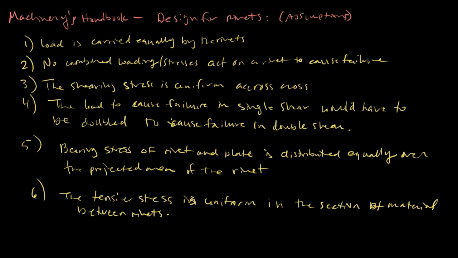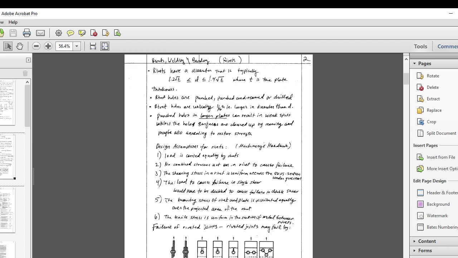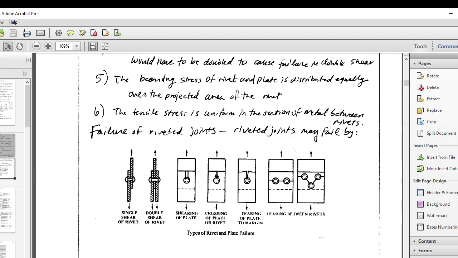All right, so I'm going to take a look at the failure modes for rivets. And the failure modes for rivets are in single shear. And this is your rivet here. Double shear, where you have 3 plates joined by a rivet. And that's the type of rivet failure, are these 3 types, where you have crushing of the rivet, single shear of the rivet, or double shear of the rivet. And then you have plate failure, which is shearing of the plate, crushing of the plate,